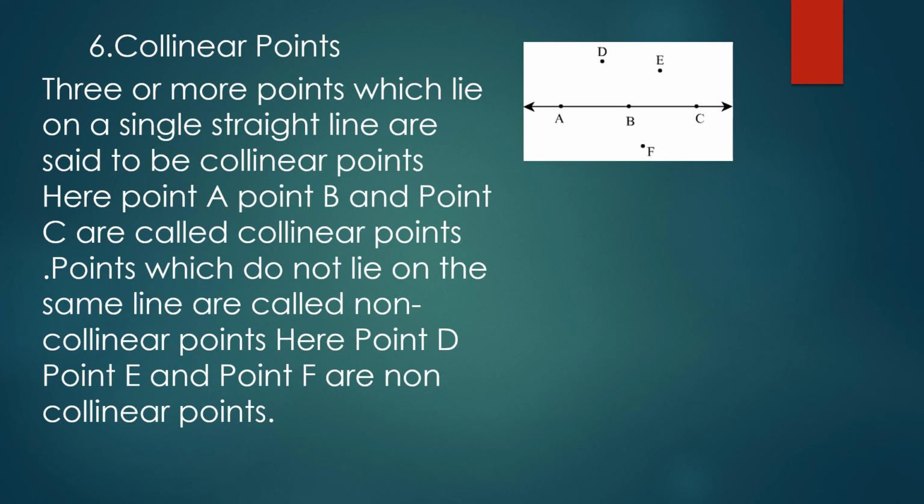Points which do not lie on the same line are called non-collinear points. So, point D, point E and point